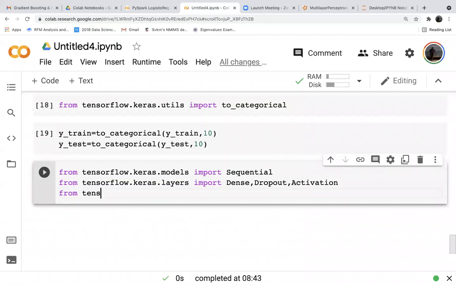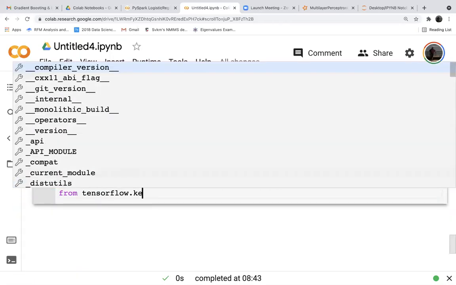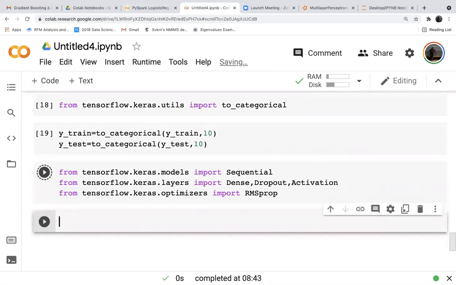From tensorflow.keras.optimizers import RMSprop. We'll try to build a simple model.